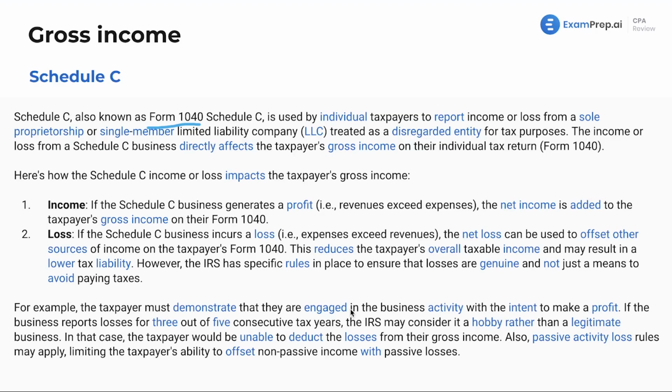Obviously, I'm not advising you do that, but as we talked about in earlier lessons, we have a self-reporting tax system throughout the entire United States. So you can do whatever you want on your tax return. However, if the IRS picks it up through their automated software that determines, hey, that sounds a little odd what this person's doing, or if you get randomly selected for an audit, whatever that may be,